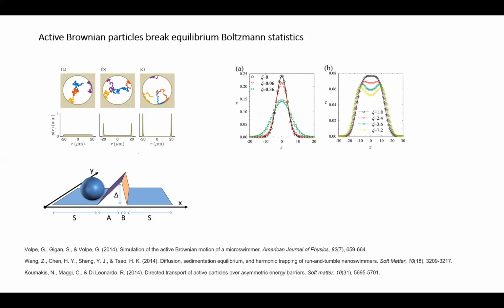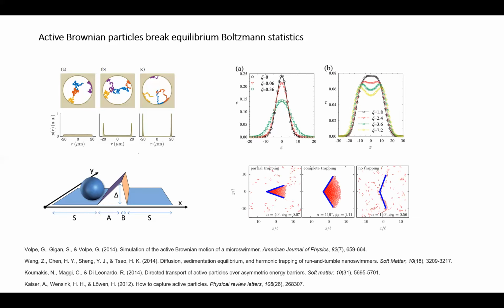Because for a thermal particle, it's only related to the energy of this transition point. But for microswimmers, it makes a difference. By creating this asymmetry, I can actually make these particles more likely to pass to one side than the other. Of course, people numerically and experimentally have also designed different kinds of shapes that enable them to